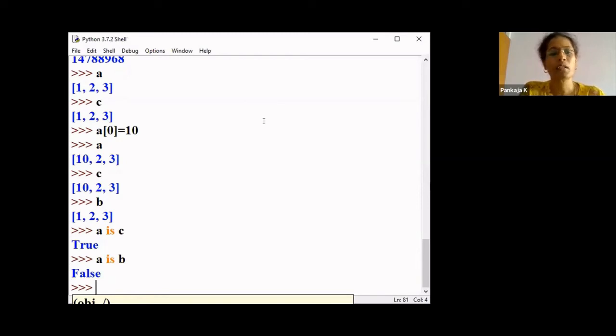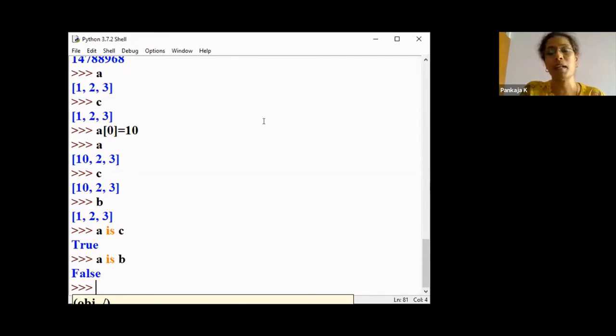Hope the concept of aliasing and the different objects we have created is clear: what aliasing is, why we have named it so, and when we use the is operator and when we use the equal to operator. Hope these examples have made the concept clear.